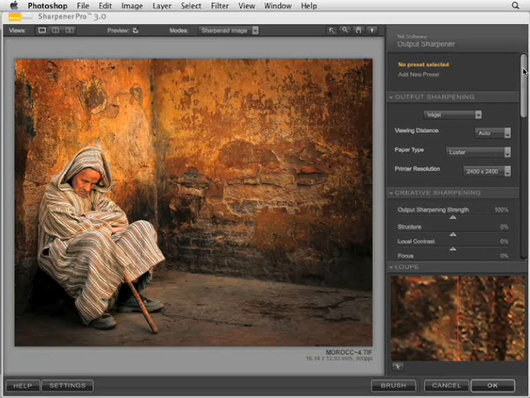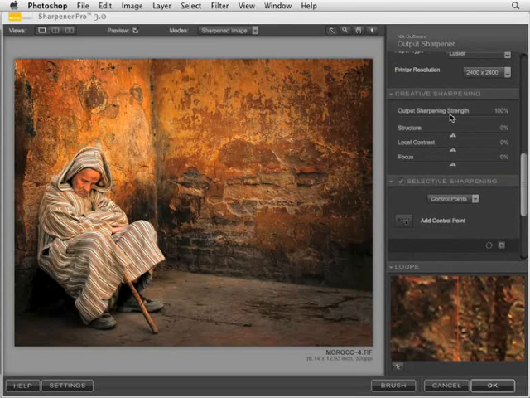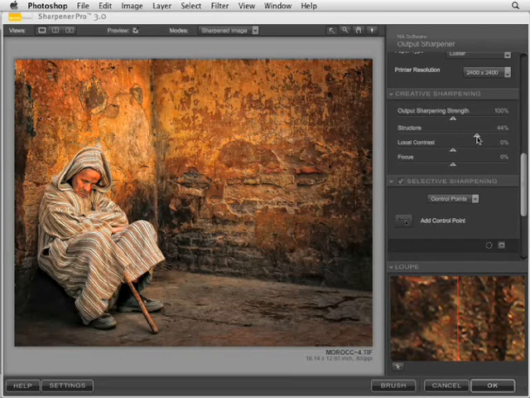We have this great new feature called creative sharpening, which allows us first to set the output sharpening strength, and the default is 100%. But then we have these great new tools called structure, local contrast, and focus. Each of these has specific lessons here on the website written for more detailed information. But simply put, structure will increase the sharpening in texture. If you'll notice in the background here in this textured wall,